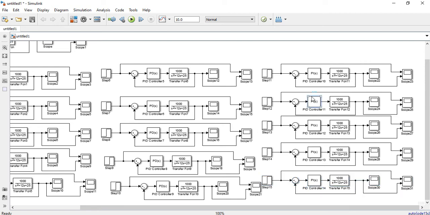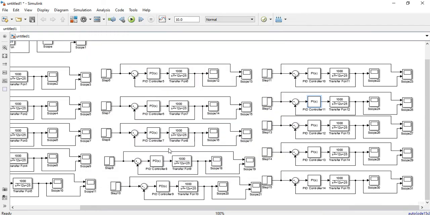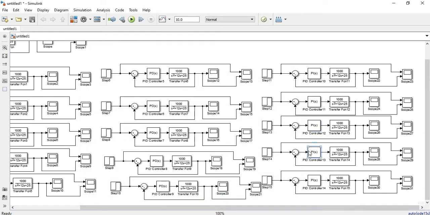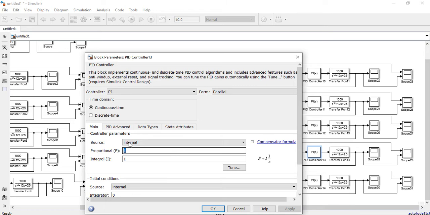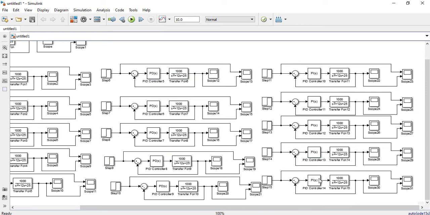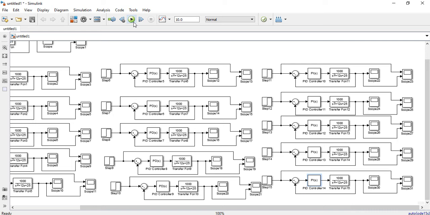I'm just randomly changing the values of this, 2, and let us say 10. Now 10, 2. Okay, it will be 0.5, and 100. Then putting 2, and let us say 5, and I will run it.